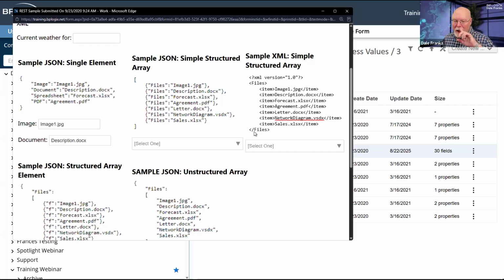relatively easy to understand as a human, and so easier to work with. It's got a drawback because I have to have these open and close tags for everything. An XML file can puff up like a tick because I'm just not passing data to you.